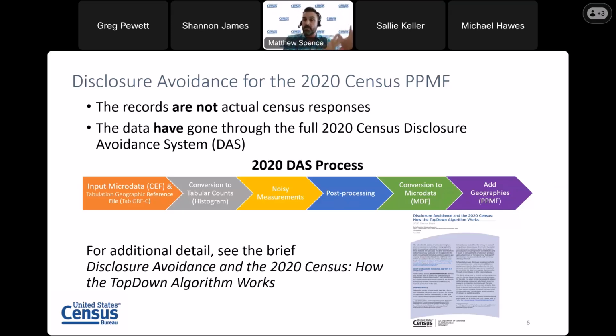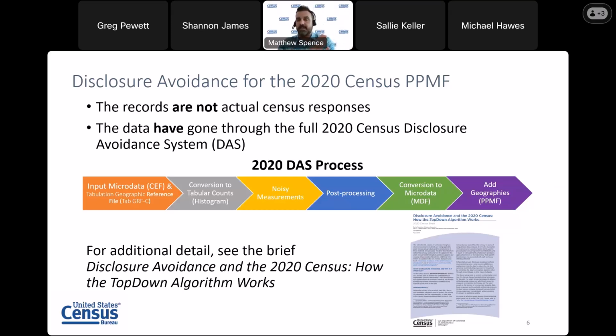Then from those private, protected actual census responses, we convert to tabular counts. We call those a histogram, but those are essentially everything you want to know from the 2020 census. How many 5-year-olds are there in Los Angeles County, California? How many are there in Wisconsin? Every single characteristic at all of those different geographies that make up the spine is converted into this count of tabular data. We then add noise to